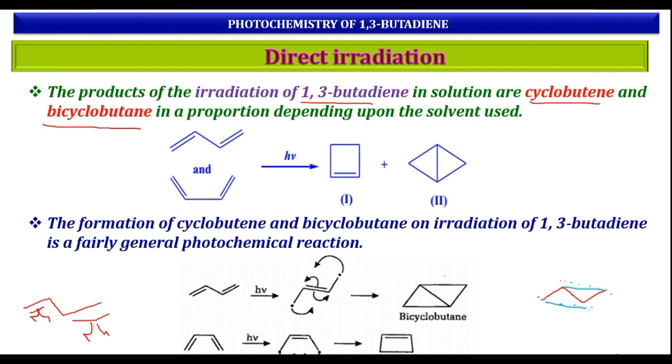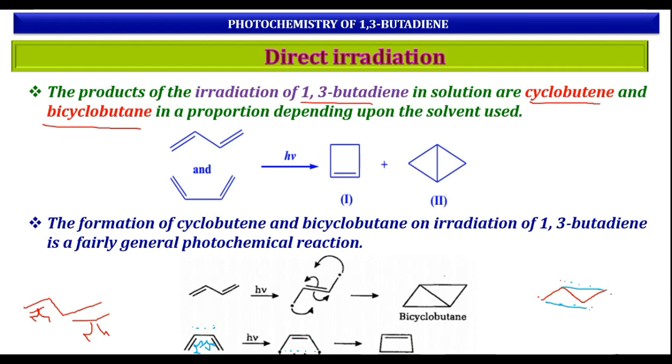And in a similar way, this also undergoes homolytic cleavage for the S-cis isomer. Now this pi bond also undergoes homolytic cleavage. The two radicals formed here make a bond, that's why we got the double bond here. The remaining two electrons exist as odd electrons. Now these odd electrons make a sigma bond, and finally we get cyclobutene.